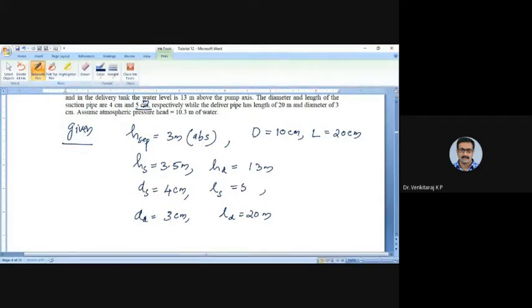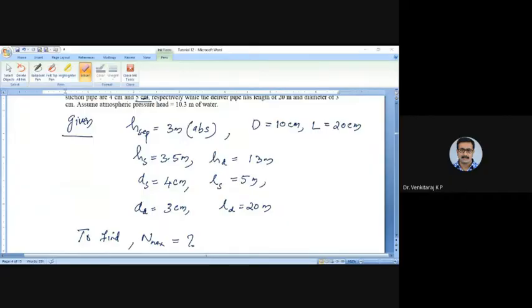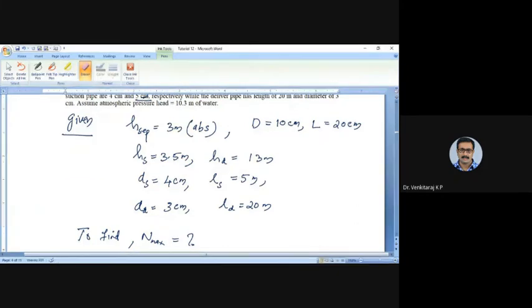It's 5 meter. The length of the suction pipe is 5 meter. So these are the data given, and the question is to find n maximum. So this is what we want to calculate. Now, to find the maximum speed, let us now